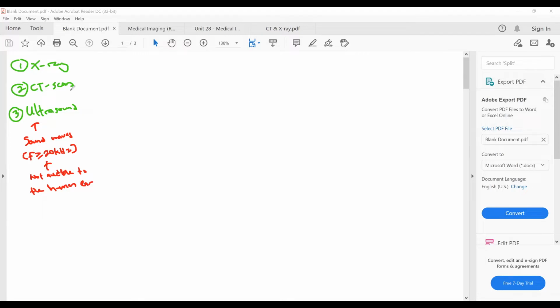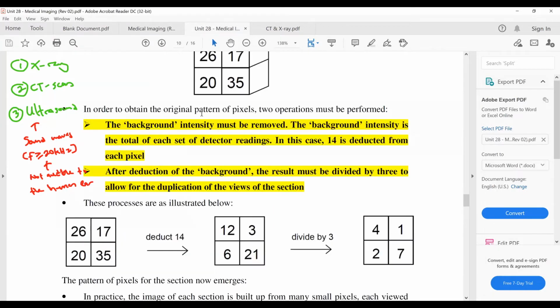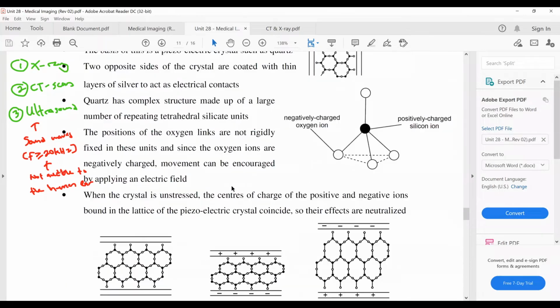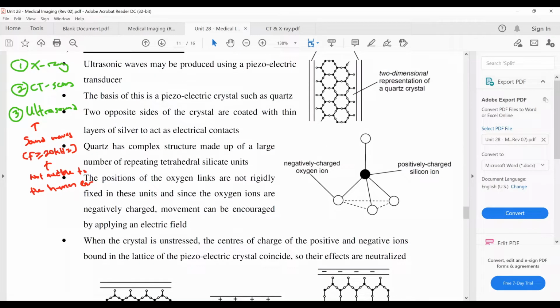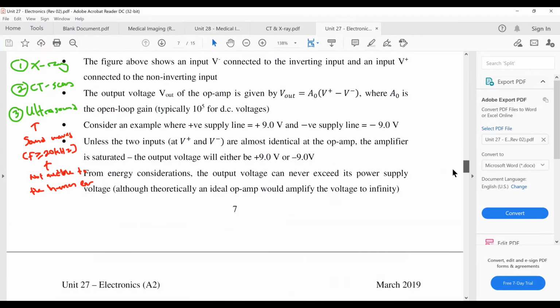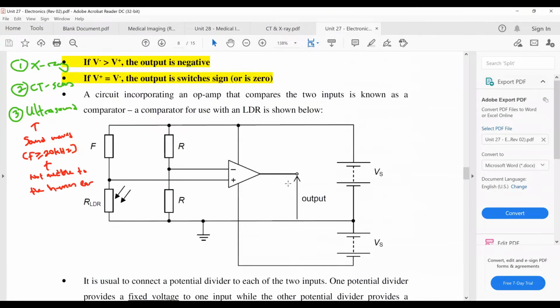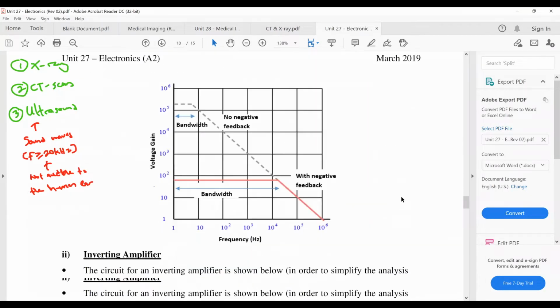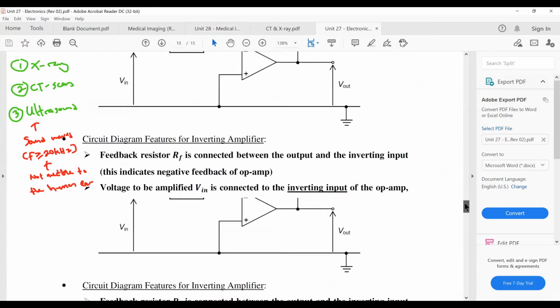All right. Now you are required to know how we produce ultrasound, just like we require you to know how we produce X-rays. Now how we produce ultrasound in the first place, this one I will need to refer back to something else from your last chapter. For the chapter of electronics that I've done with you guys some time back, you remember the one with the op-amp, I actually skipped one small portion of